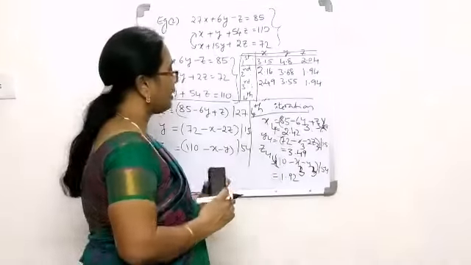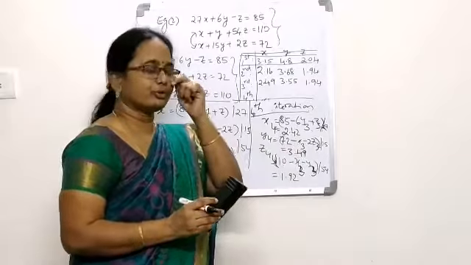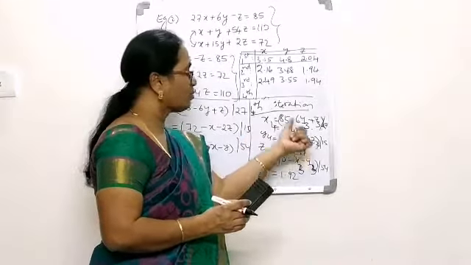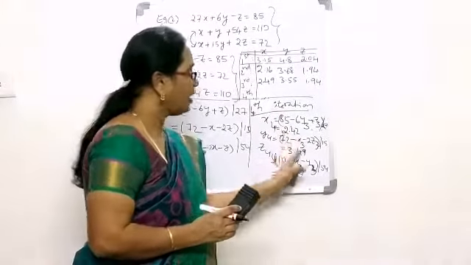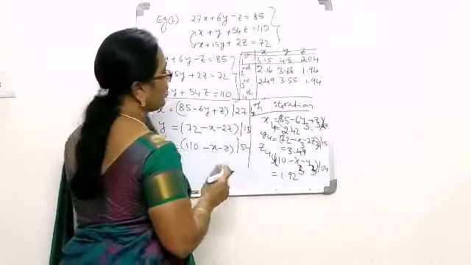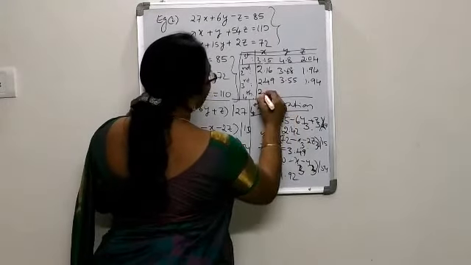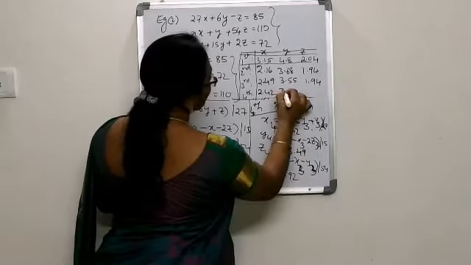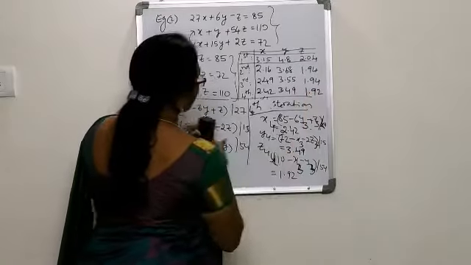You can calculate and check each of these values. Due to time limitation, I am just giving you the values after calculation. You may check with your own calculator and verify these three values, whatever values we are getting in each of the iterations. Now placing the values of the fourth iteration in the table, we have x4 equal to 2.42, y4 equal to 3.49 and z4 is equal to 1.92.